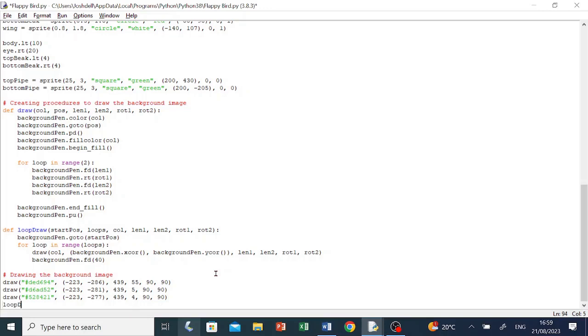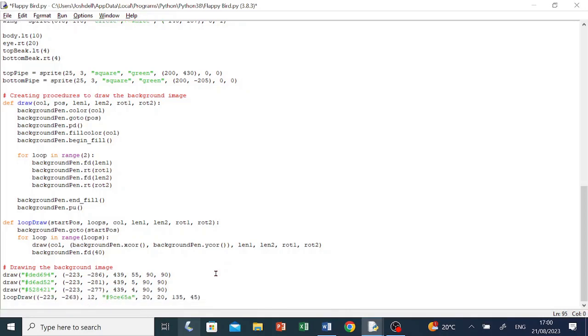Loop, capital D Draw((-223, -263), 12, "#9CE65A", 20, 20, 135, 45) enter. Loop,